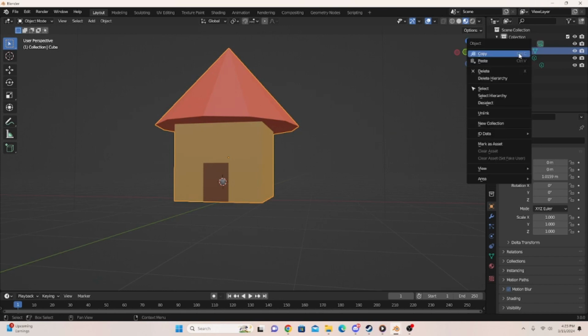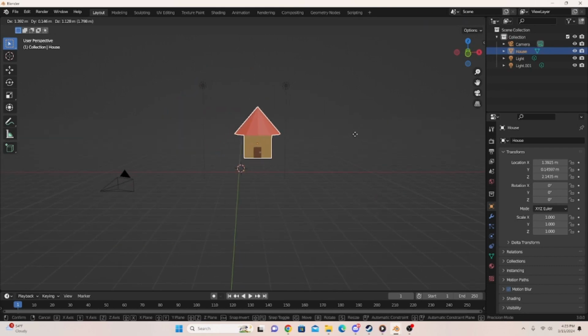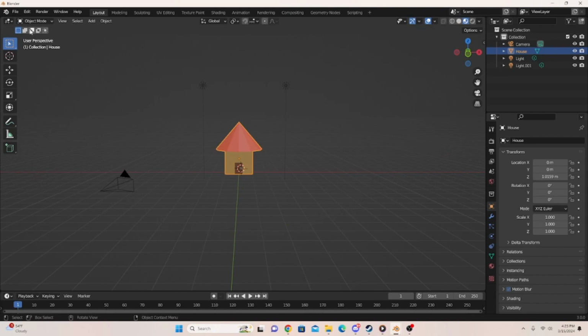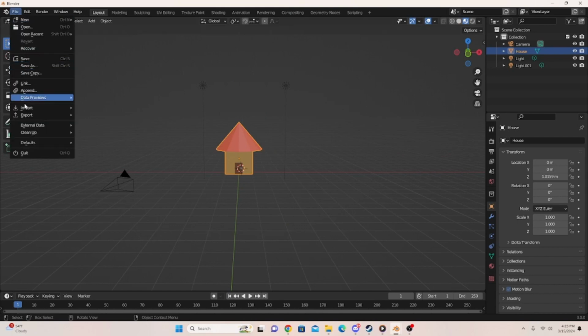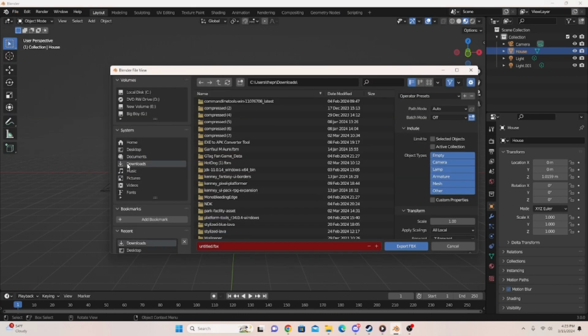I can right click on it on the side on the outliner, and there should be a rename button, but if you can't find it, just click F2 to change the name. I can call this house, for example. Now we got one 3D model, and I can go on File, Export, FBX, and then go on Downloads, and